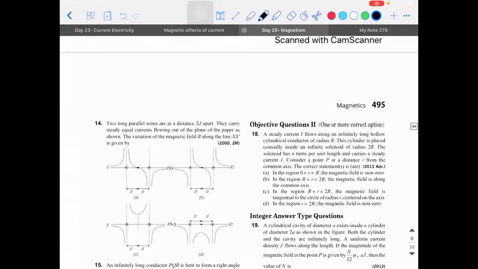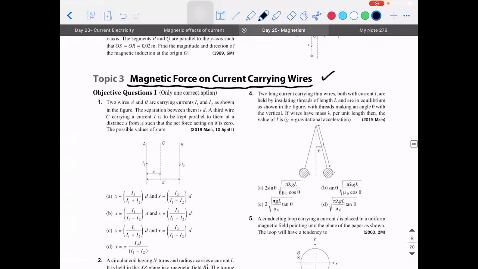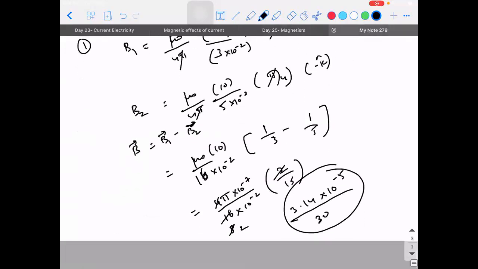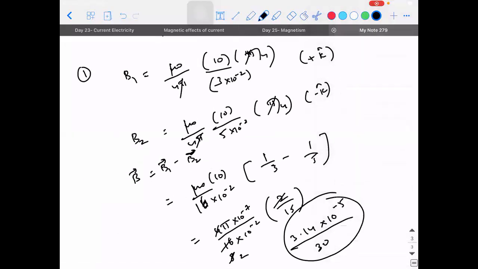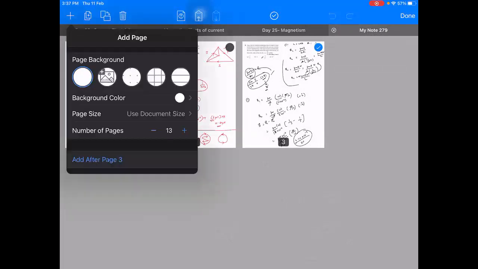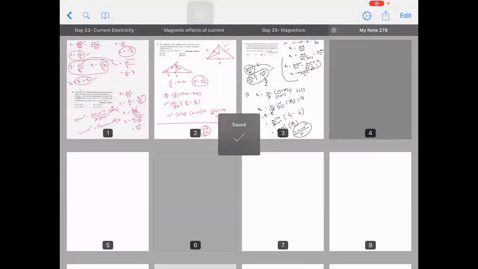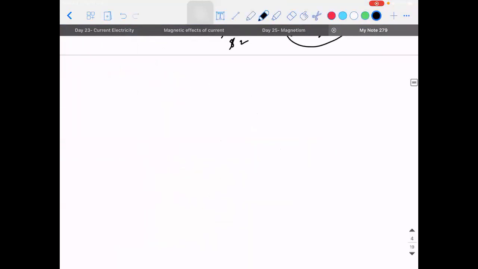Okay, listen. So today we'll be doing problems based on magnetic force on current carrying wires. So you know the formula, right? So what is the magnetic force acting on a current carrying wire? Mu naught by 4 pi I dl by. It's not mu naught by 4 pi. There is no mu naught by 4 pi. You're talking about the force between two current carrying conductors. F is equal to BIL sine theta, or F vector is I into L vector cross B vector.